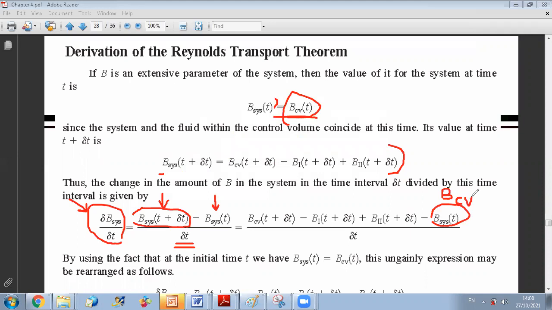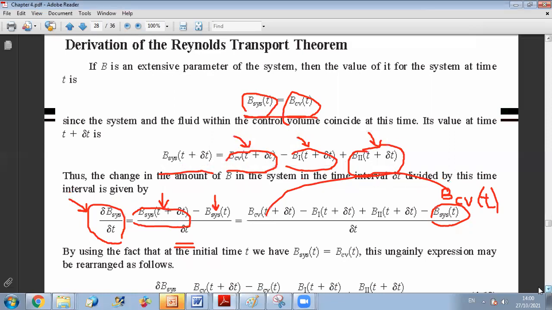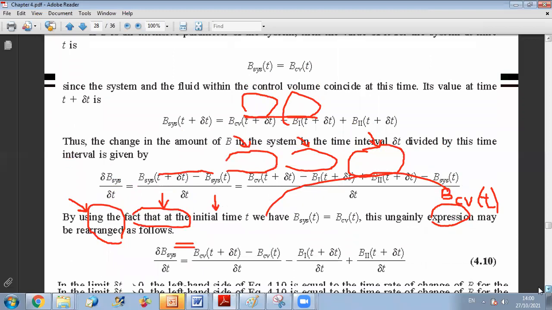at time t. So what can I deduce now? If you take this term with this one, this represents B control volume at t plus delta t minus B control volume at t, over delta t, which is the rate of change of the property within the control volume. So what can I deduce? I can deduce that until now we have demonstrated that the variation of the property in the system is equal to the variation of the property in the control volume. And I have